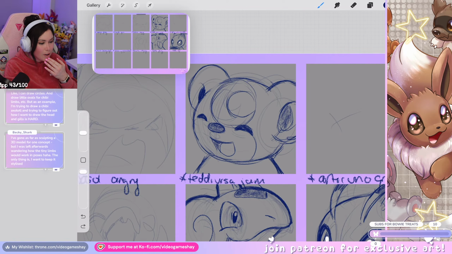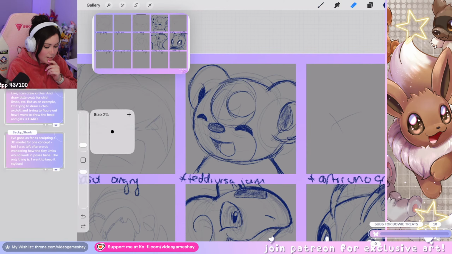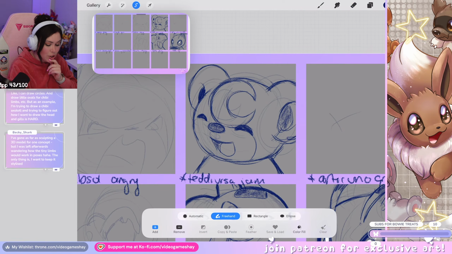I've gone as far as sculpting a 3D model for one concept, but I was left afterwards wondering how the tiny limbs would work in poses. The only thing is I want to keep it stylized. Yeah, I think 3D models would be very helpful, so you can pose it in a specific direction. And then other than that, maybe just trying to find